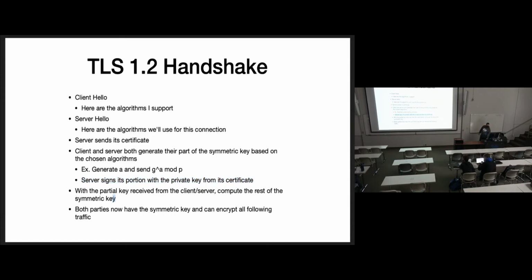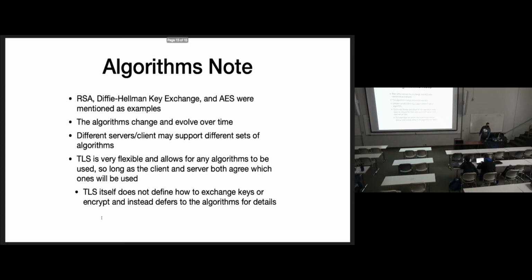We combine our partial keys together to get the symmetric key, and then we have the symmetric key, which we use to encrypt all the traffic that we send back and forth. The symmetric key is used when we're actually communicating securely, when we're encrypting over the internet. It's these symmetric keys that are used. So throughout that whole thing,